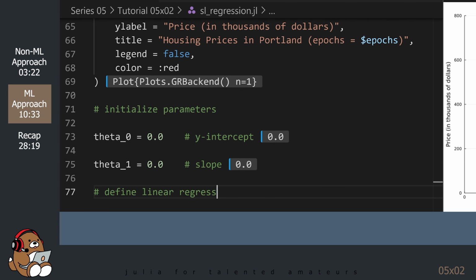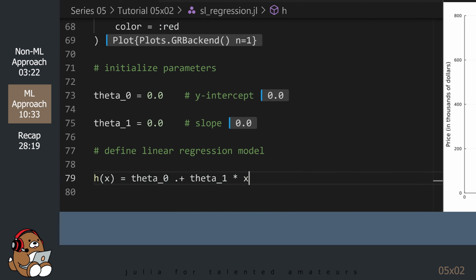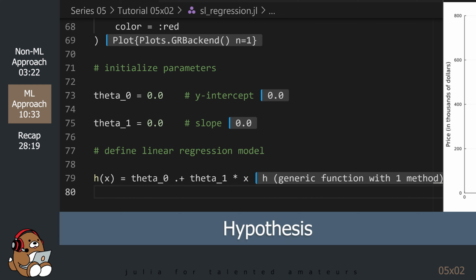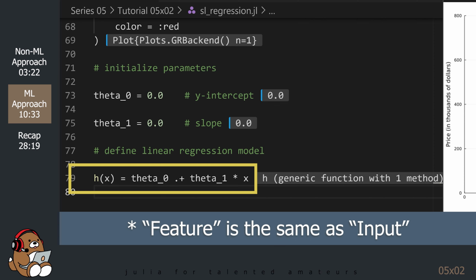Next, we use the parameters to define our linear regression model, which is just the formula for a straight line. The letter h refers to hypothesis, and this is the function that we'll be using to make predictions. I know that this formula looks a little weird with θ0 and θ1, but it's the same formula for a line, y equals mx plus b. The reason for this naming convention is because, in theory, you can have more than one feature, so it's possible to have a θ2, a θ3, and so on. But for today, we're going to stick with our basic line.